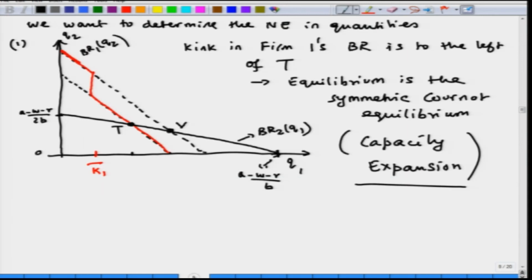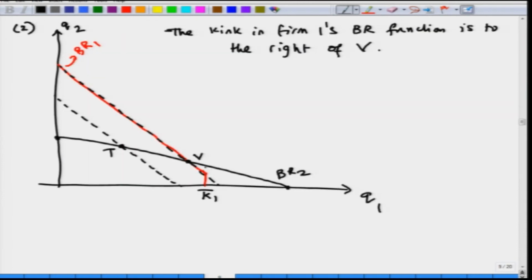So, notice unlike the previous case where the kink was to the left of the point T, right. So, this is the point T, the kink was to the left of the point T. Now, I have a case where the kink is actually to the right of the point V, right, and now the equilibrium, the two best response functions intersect at V. So, the equilibrium is the asymmetric Cournot outcome. So, it is asymmetric because firm 1's marginal cost is going to be W, firm 2's marginal cost is going to be W plus R. So, the quantities that we get will not be identical. So, equilibrium is the asymmetric Cournot equilibrium,